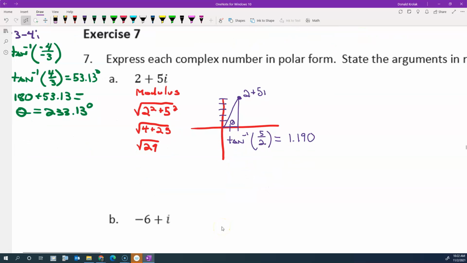Okay, and that's radians. All right, and then we're going to have root 29, cosine